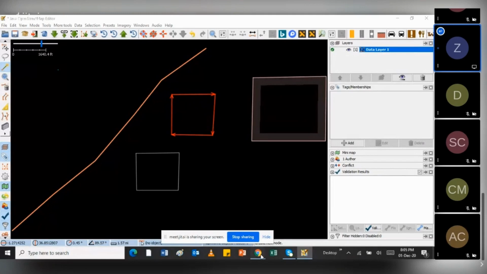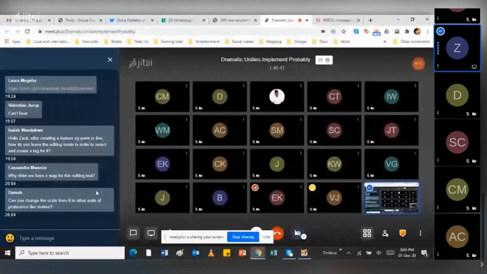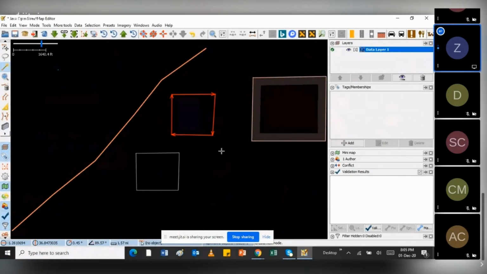I also see another question from Cassandra. Why didn't we have a map for this editing? So when I started, I added a new layer, which is not directly connected to OpenStreetMap. This was just specifically for demonstration. For the next part, I'm going to demonstrate how to add a map from OpenStreetMap.